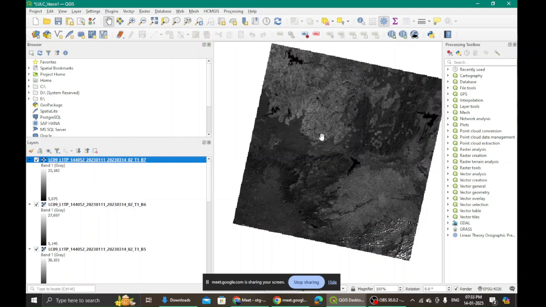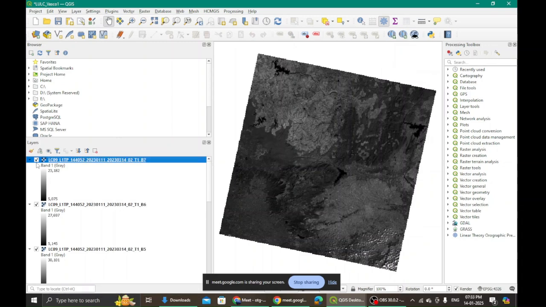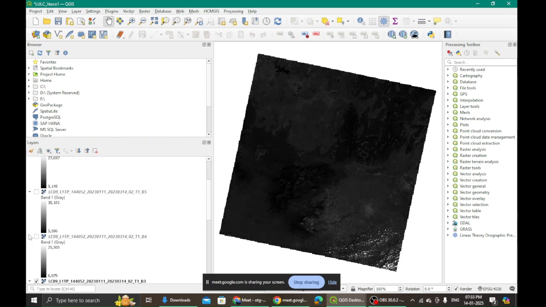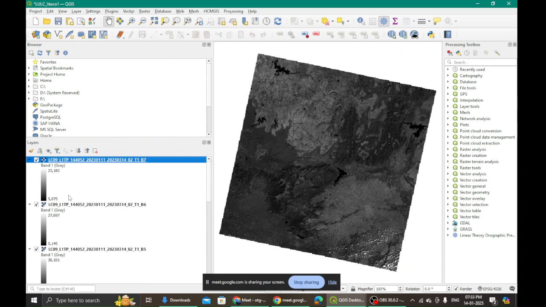So I have brought this satellite data. Initially I might not be able to see it completely. So I right click on one of the imagery and I say zoom to layer. Now what is the problem? All of them are overlapping. So if I check off, I see all the imageries are at the same place. They are overlapping one another. Right?